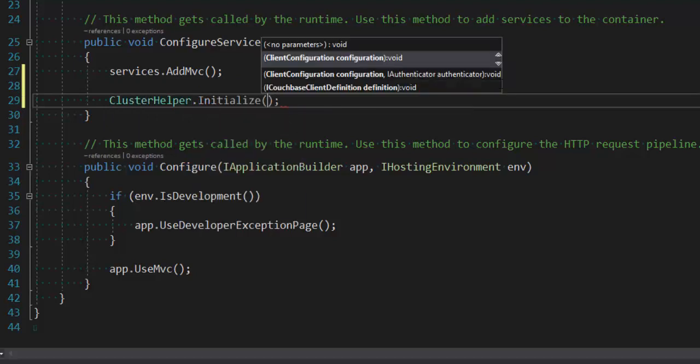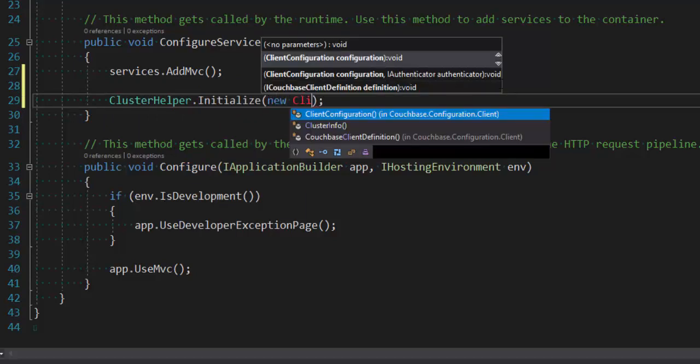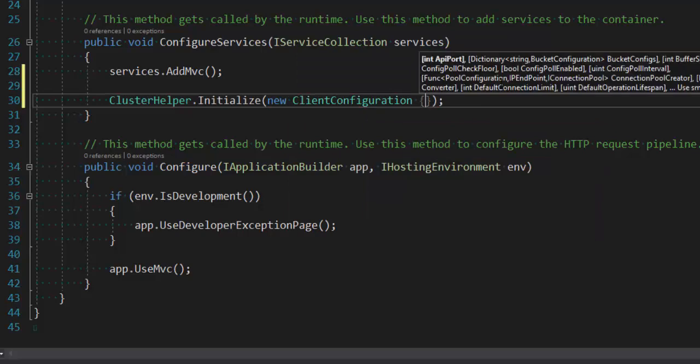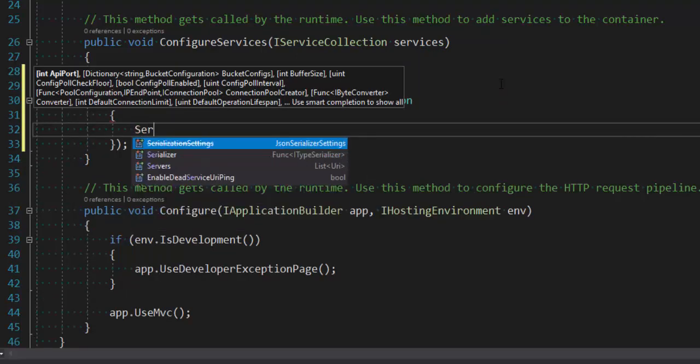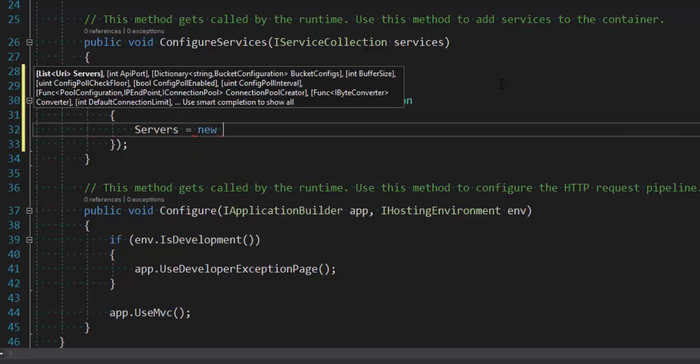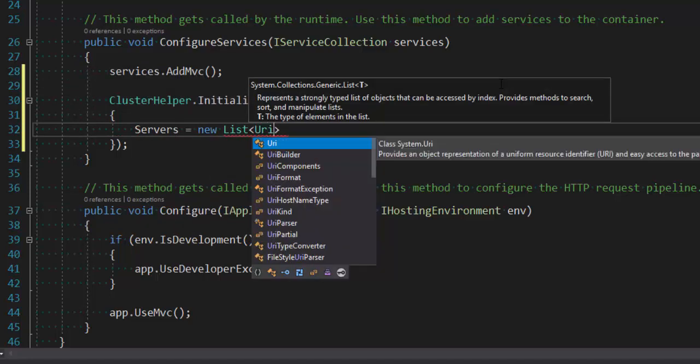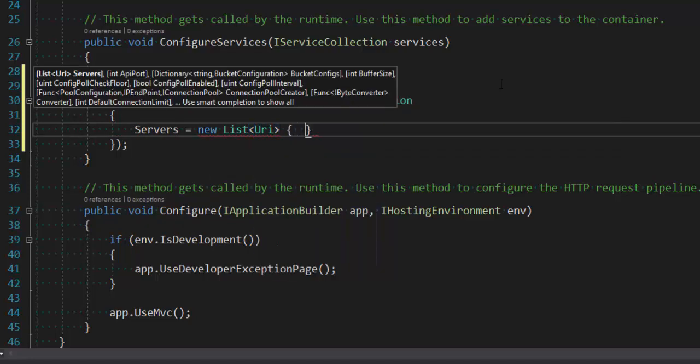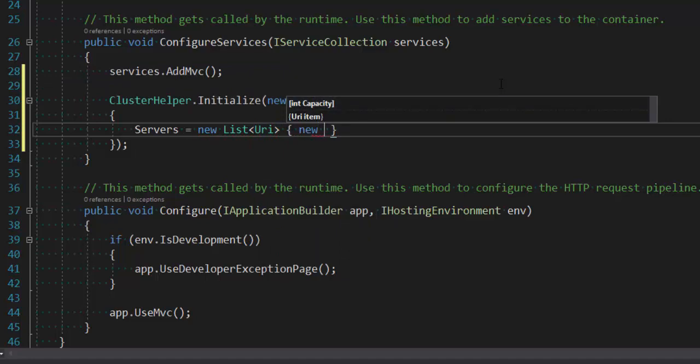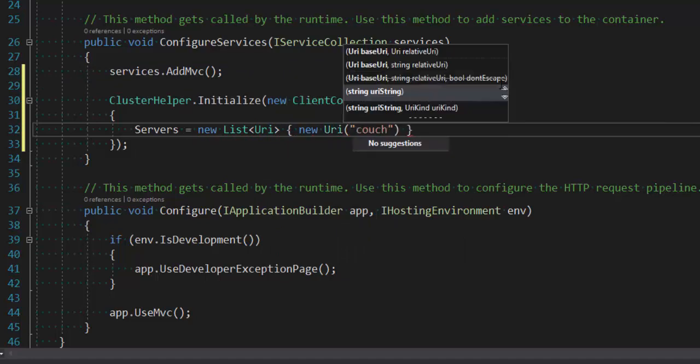ClusterHelper.Initialize, and I'll pass in a new ClientConfiguration to that. There's lots of options here, but all I need for this video is servers. I'll do a new list of URIs, and I only have the one node running locally, so I'm just going to list that one,